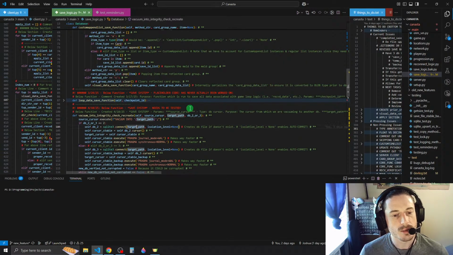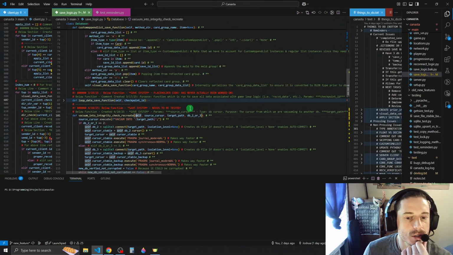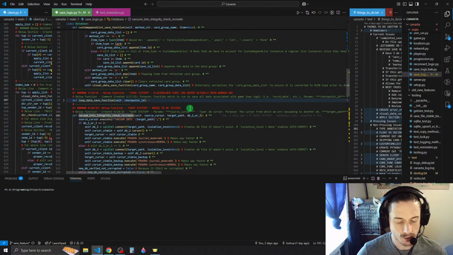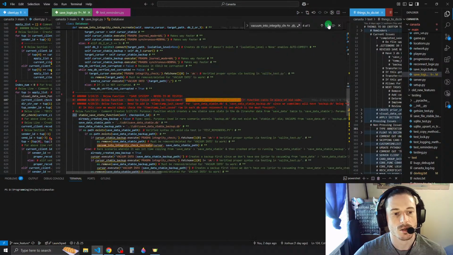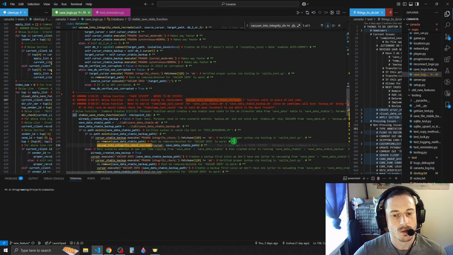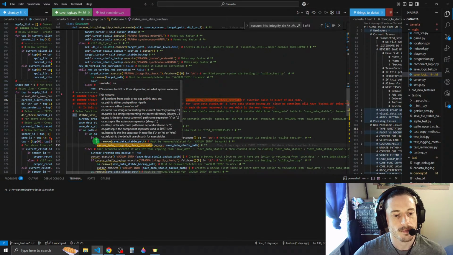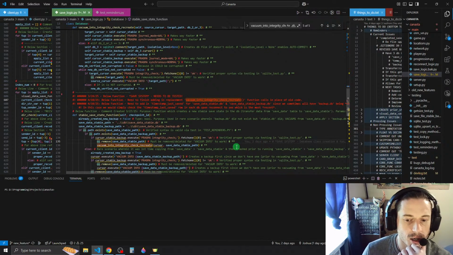So wait, doesn't this mean that it would already be deleted? Yeah, so the way that we call this function, it's already deleted prior. Let's see about that real quick. Let me put a bookmark here, and then let's look at this. So, yeah, we actually delete right before. But honestly, if this happens every time,